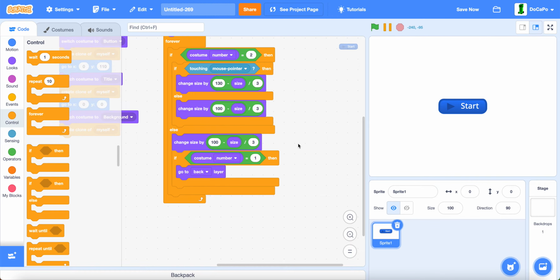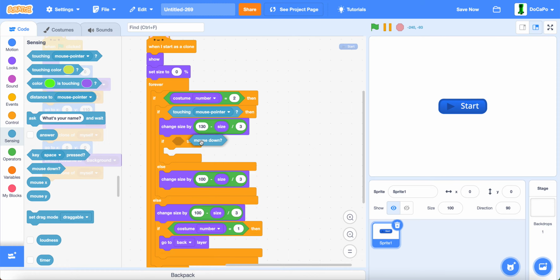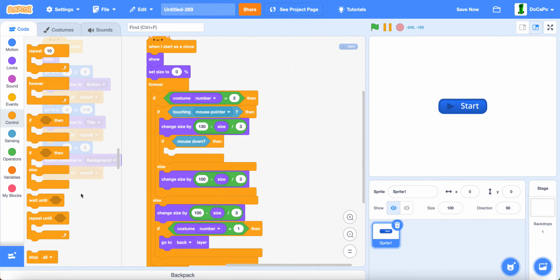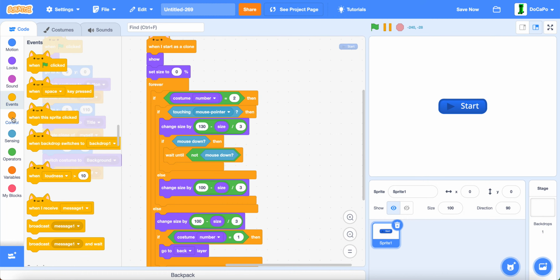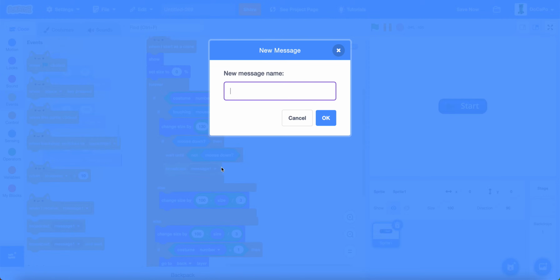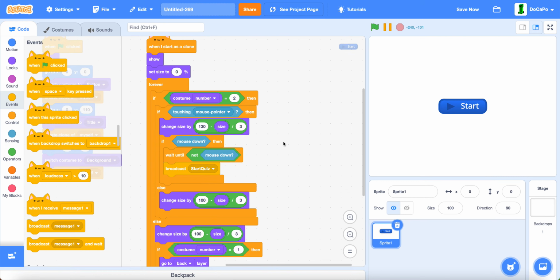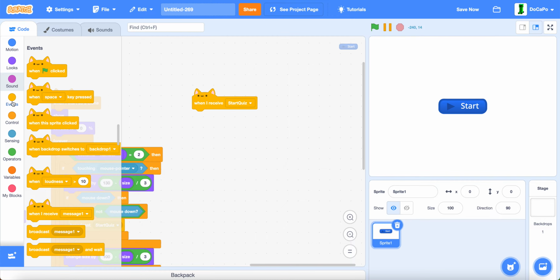Now, in here, if mouse down, wait until not mouse down, then broadcast. New message, start quiz. Now, lastly, when I receive start quiz,